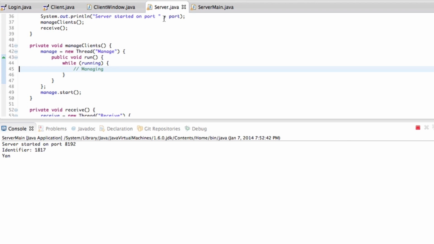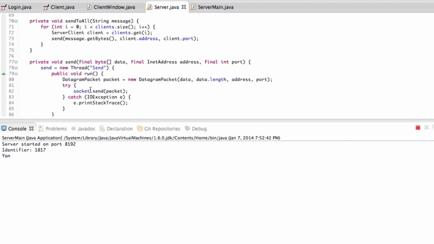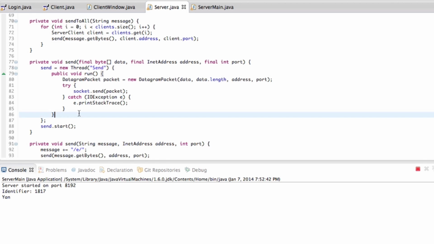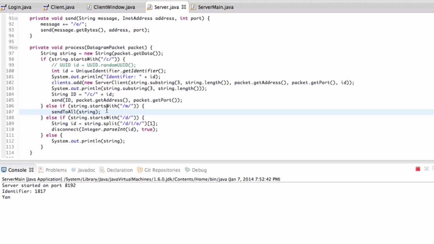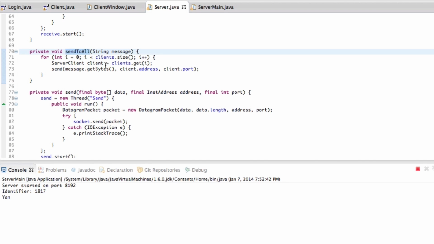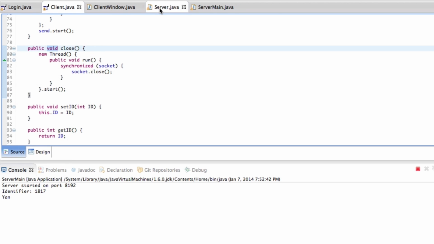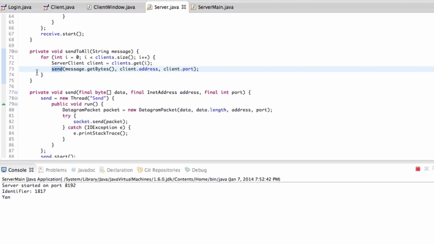If we go into server, just so you guys can understand, I guess that is the whole point of this series anyway. What happens is when we look at this, right? When we look at the string starts with M, right? What happens is in the send to all, well, okay, looks like it's a client thing. But if we go into client, so what happens is again, we send the entire message. We actually don't even modify what the message is.